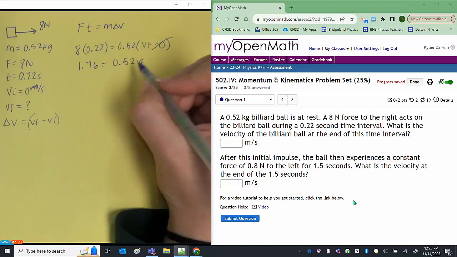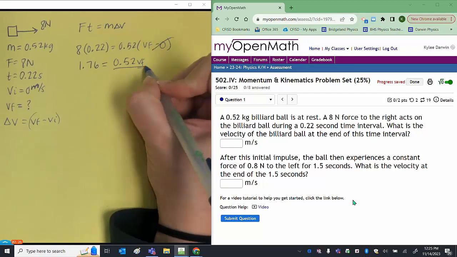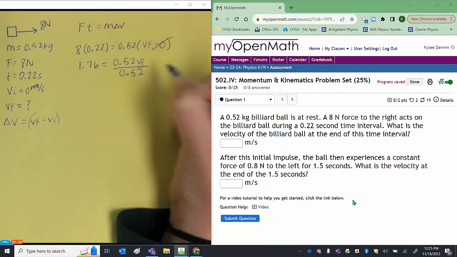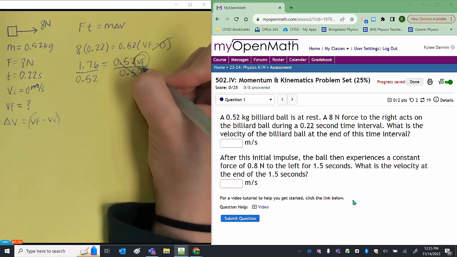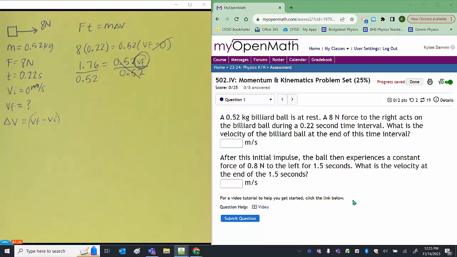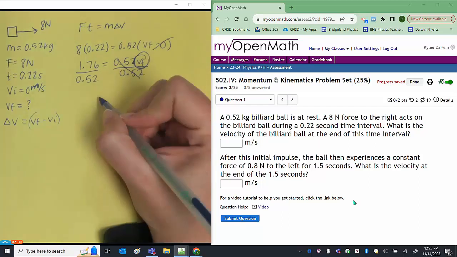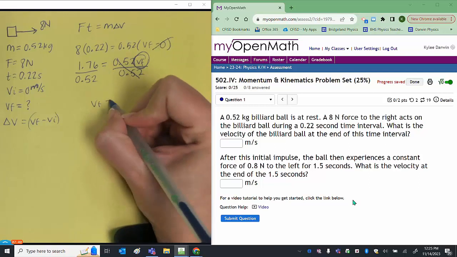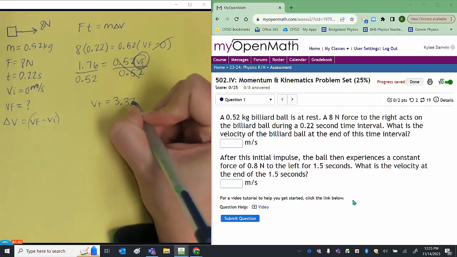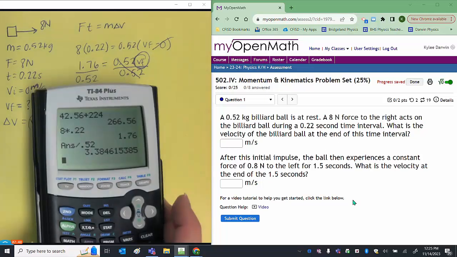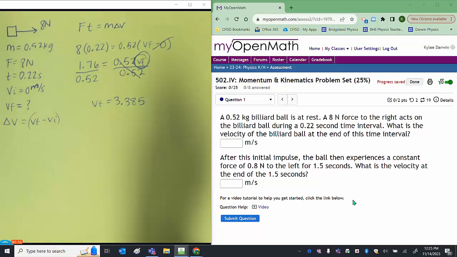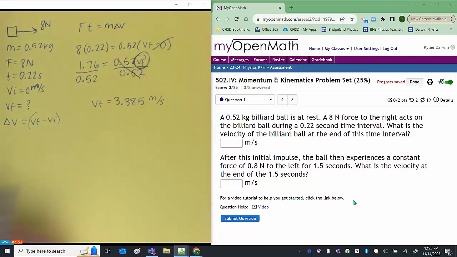From here, I need to isolate this variable, and I need to do that by division because it's currently being multiplied by 0.52. So we're going to divide both sides by 0.52. That isolates my variable, and that goes in my calculator, giving me a final velocity, VF, equals 3.385. It's actually 3.3846, and the number keeps going, but I'm going to round it so that I don't have to write all those digits, and that's what I'm going to type here for my final velocity at the end of that collision,